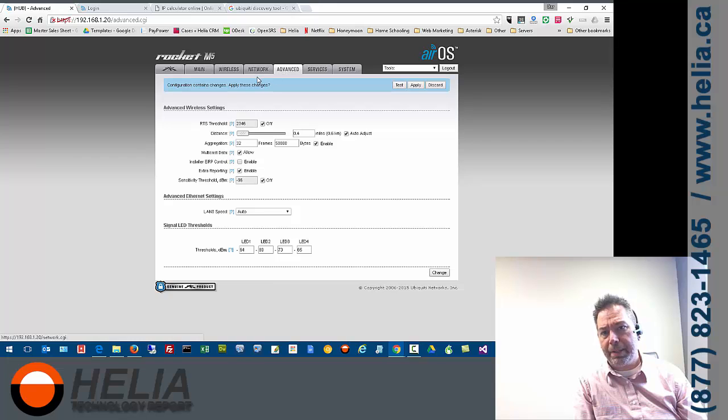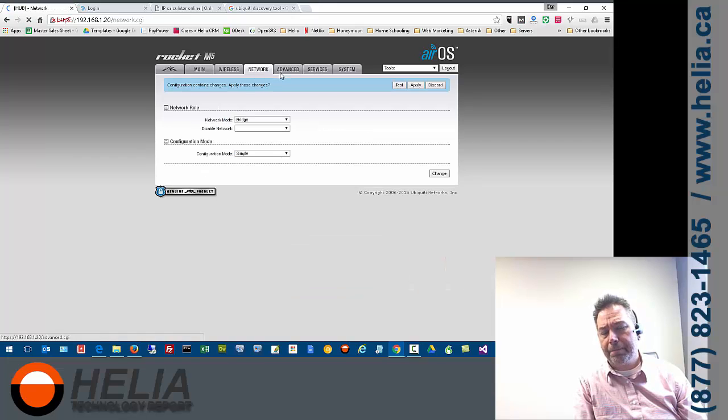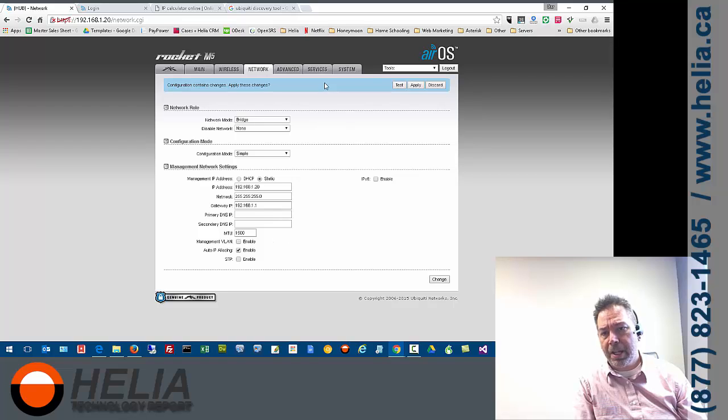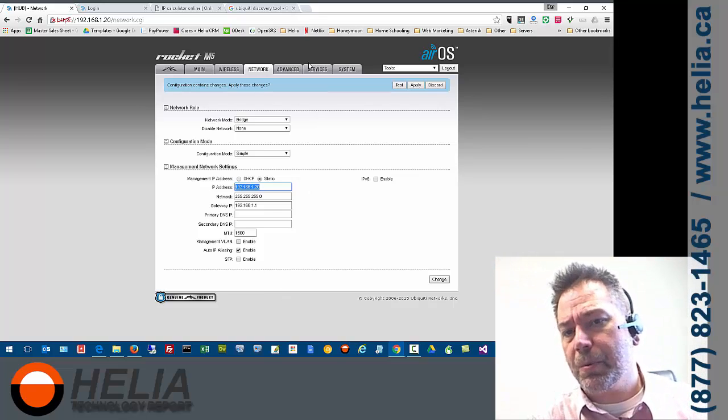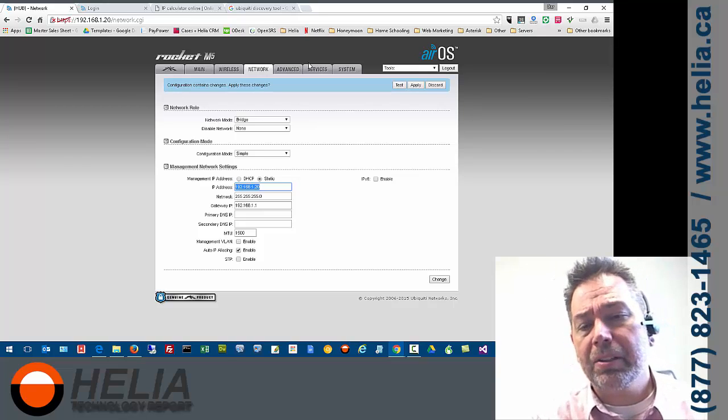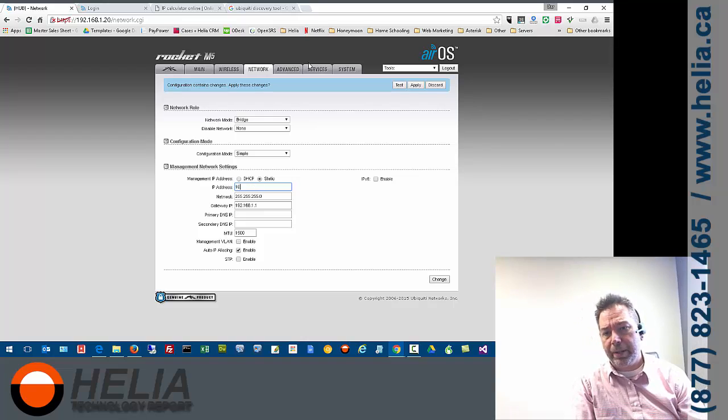We're going to have to change the IP address of this Rocket first. So this is where we change the IP address of the Rocket. Because all devices from Ubiquiti start out with this IP address, we need to change this, because if we add any more devices, it's going to conflict with this address. I'm going to use a completely different IP range for setting up, and I'm going to give this Rocket an IP address of